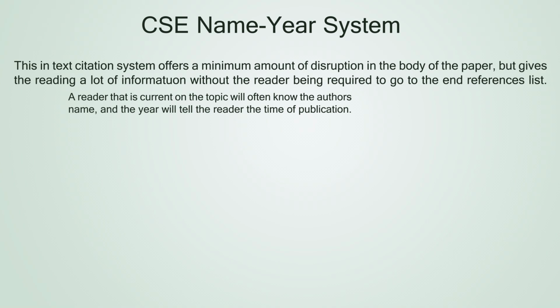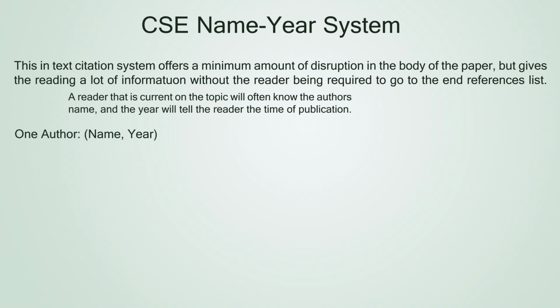If you want additional information, then you can quickly turn to the end reference and see the title of the source as well as the source of the publication, such as the name of the journal or book that the source was published in. With the name-year system, in the body of the paper you simply place an open bracket,